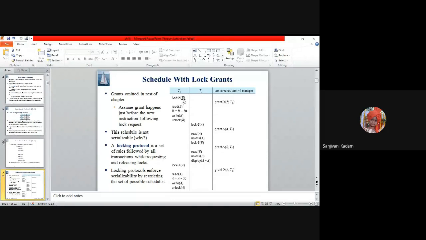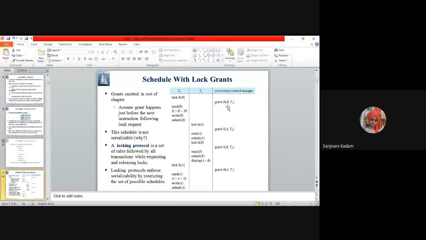Those requests are sent to the concurrency control manager. The concurrency control manager will check whether there is any existing lock on data item B. If not, that request will be granted. So this will grant an exclusive lock on item B to transaction T1. This is how the grant request is written.